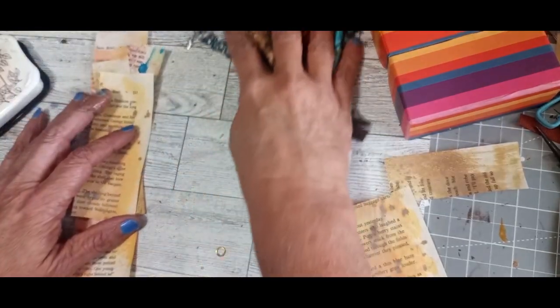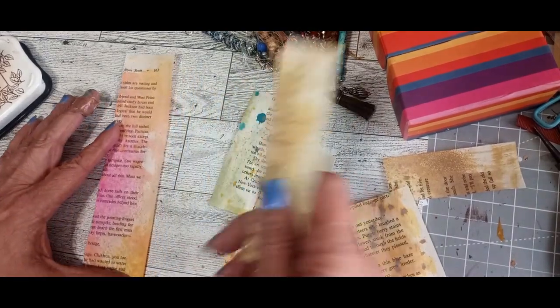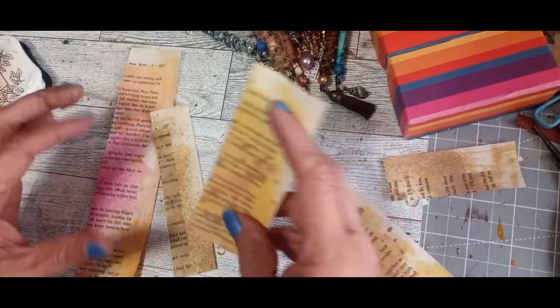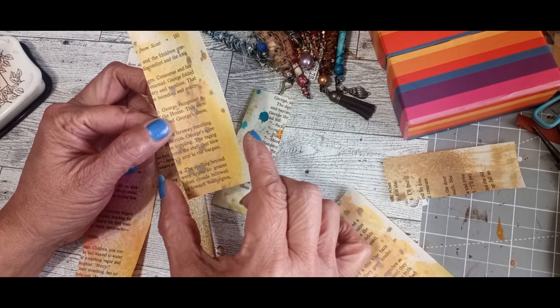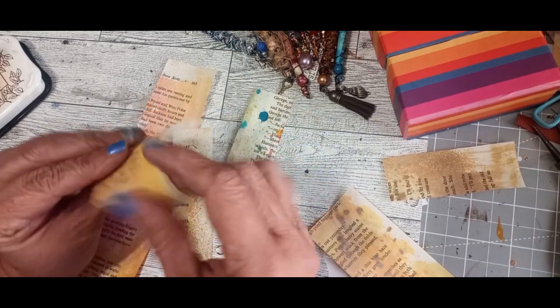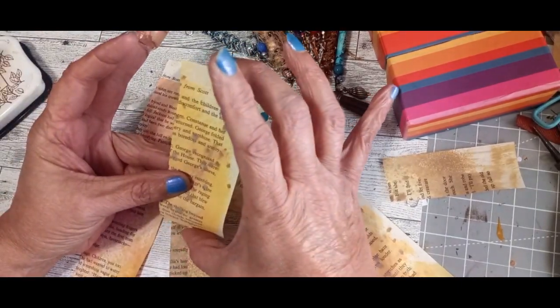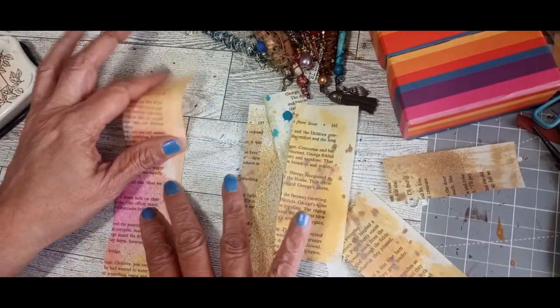Okay, so I cut some book pages and I cut them all different sizes because it doesn't matter what size you have. The main thing is the wider it is, the longer your bead is going to be. The longer it is, the thicker your bead's going to be. So we'll just start